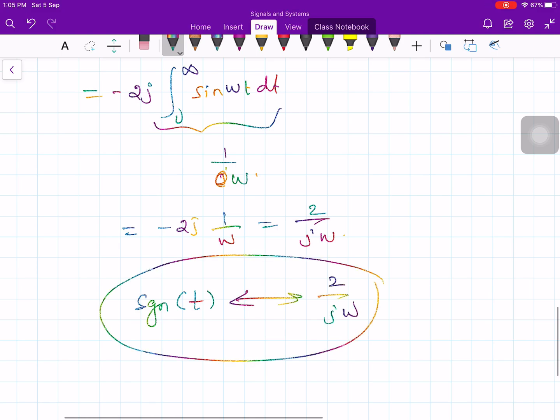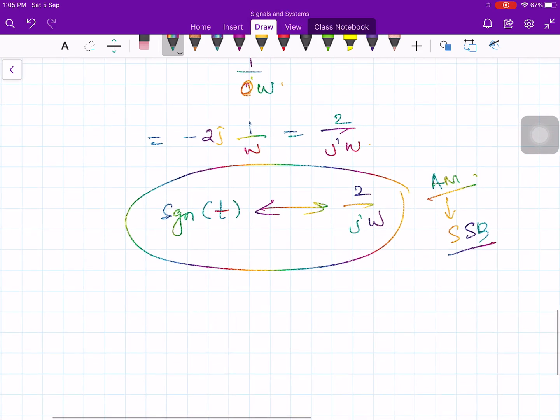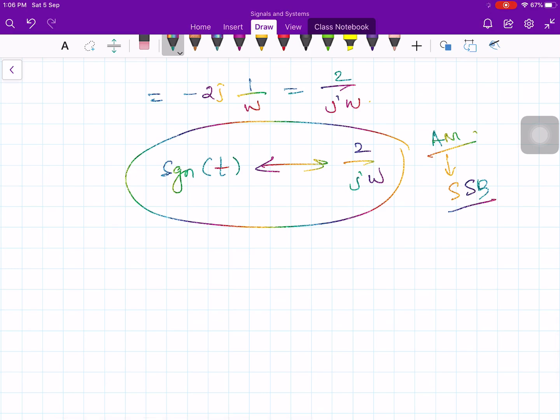Even we will use it in communication engineering also, especially when we talk about single sideband modulation in AM modulation. Okay, amplitude modulation, there is a variant called single sideband modulation. There we use this Signum function. Therefore, when we had the derivation of the unit step function,